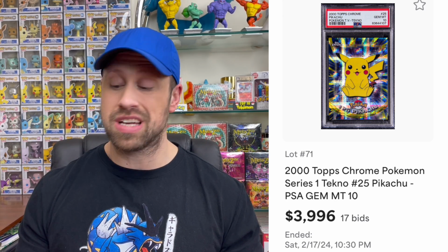We saw a couple more of the Topps Chrome Techno cards on Golden come by. Here's another Jolteon in PSA 10 that sold for $4,179. Here is a Techno Pikachu card that sold for $3,996. A Techno Vaporeon that sold for $5,490. And then the Techno Charizard in PSA 10 sold for